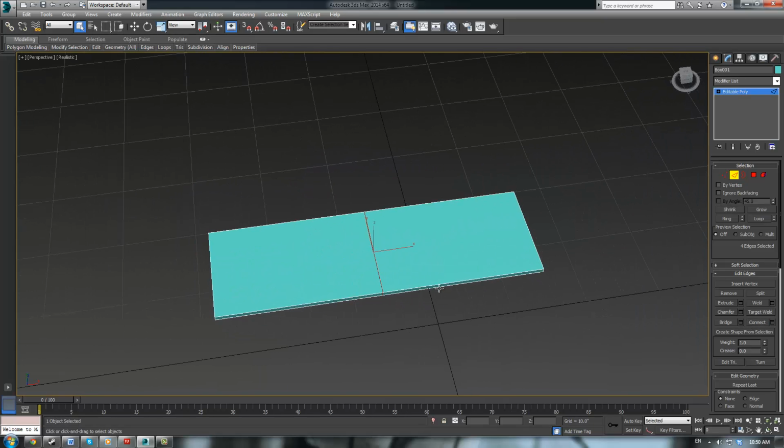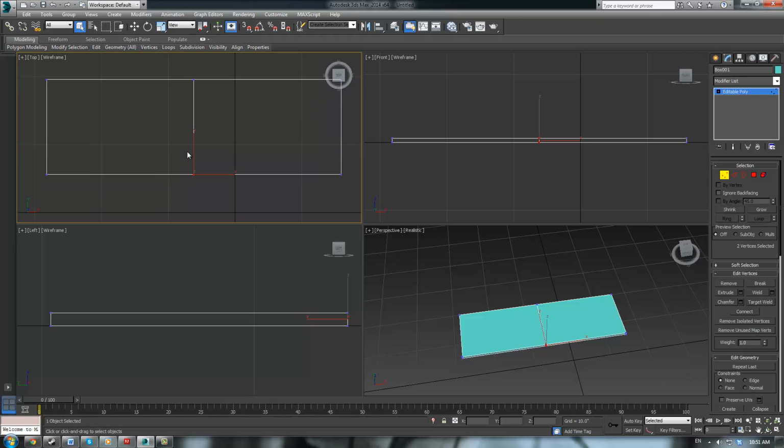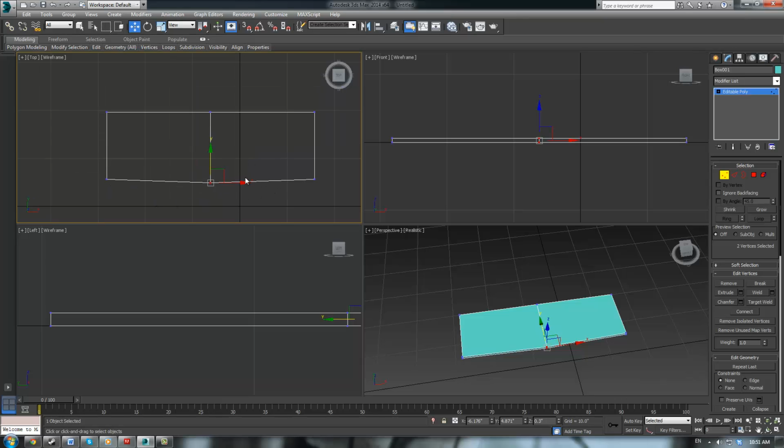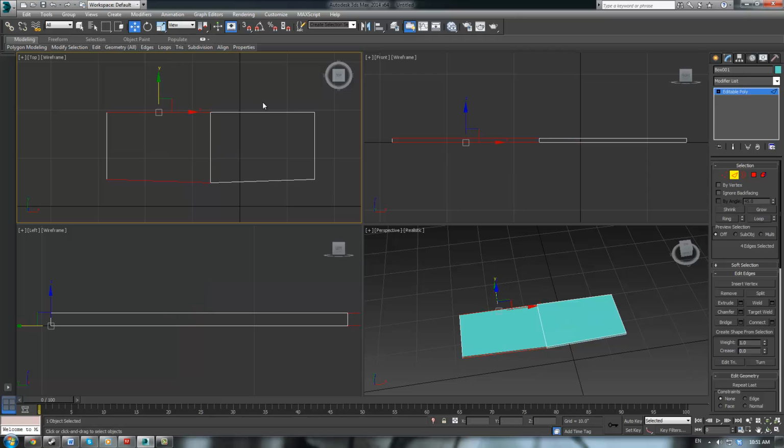Alright, now it only bends on one edge. So we're going to take this point right here, and in the top view we're just going to press W to move. We're going to bring it out a little bit so we get this kind of slightly curved look. Alright, press 2 again, and now what we're going to want to do is